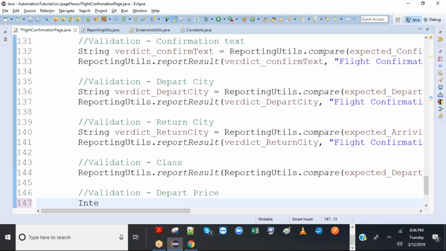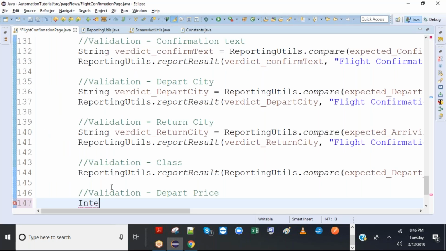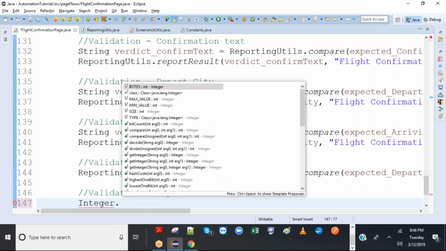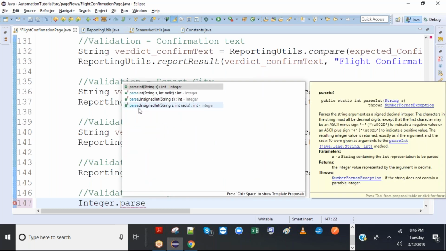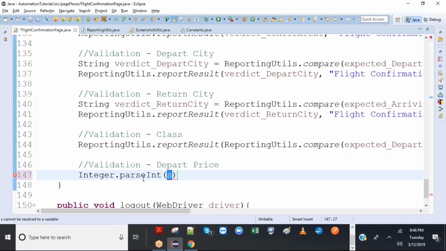If I want to convert an integer value that is inside a string into an integer value itself, then I simply have to parse it, Integer dot parseInt. That takes a string which contains a number. You can read about it, but the name itself is sufficient.